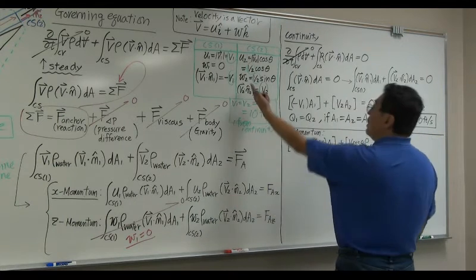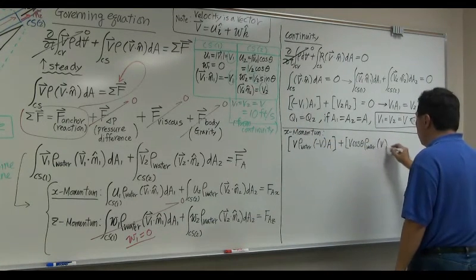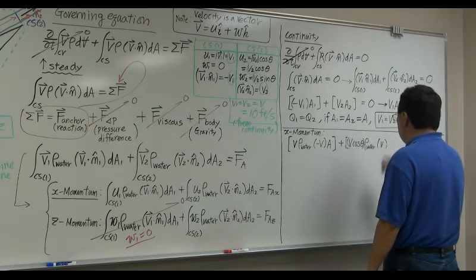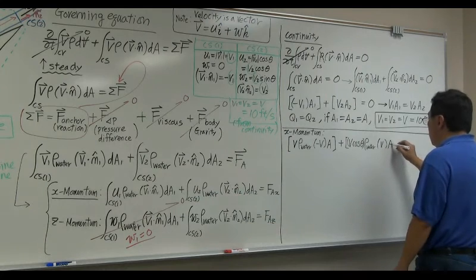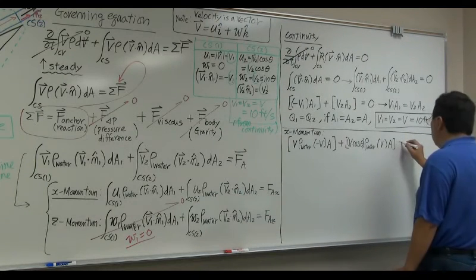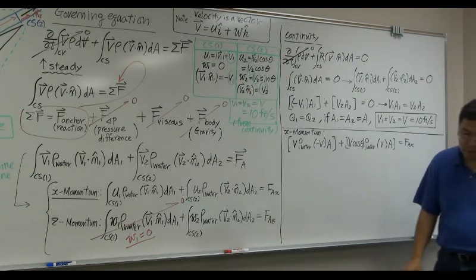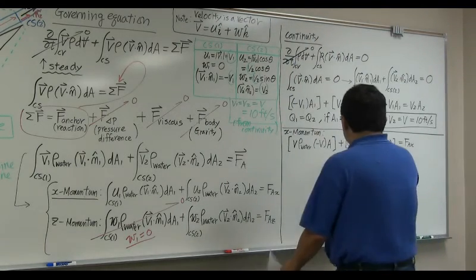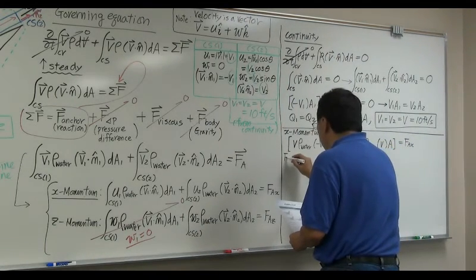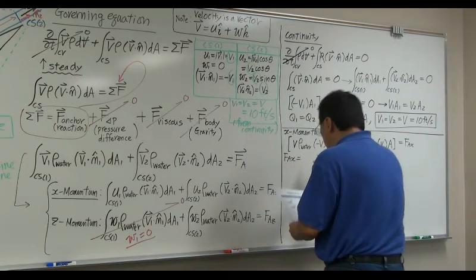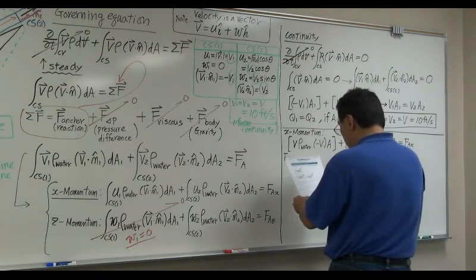Multiply by B2 dot N2, which is B2, which is B. Then integrate it over area A2, which is A, which is equal to FAX. Okay? Cool. So I can finish up this one. So this really means that FAX is equal to, if you simplify all of those, it's going to be